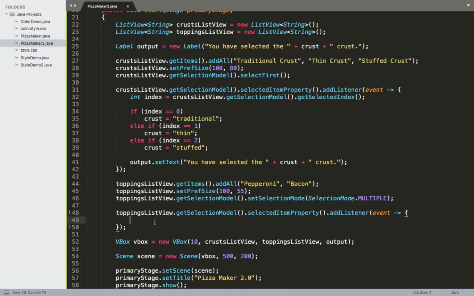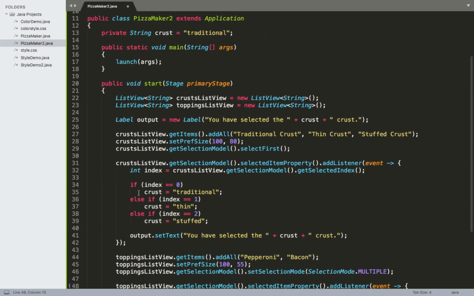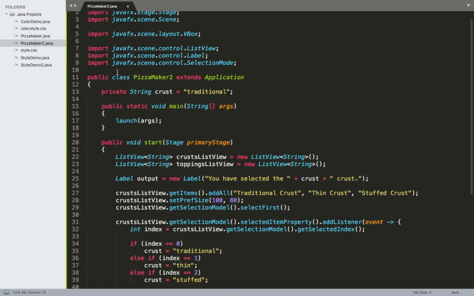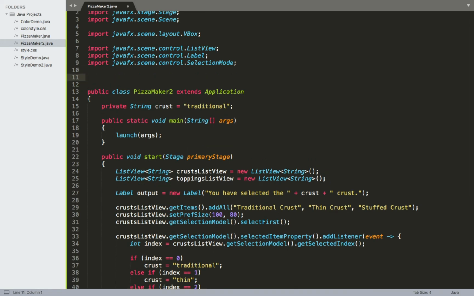So in order to do that, I need to make an object of the observable list class, or at least a variable that can hold the object that I'm getting of the observable list class. Okay, so to do that, I'm going to have to come back up here and also import that observable list. So we're going to do an import. This is going to come from JavaFX, and this is going to come from a slightly different package now, which